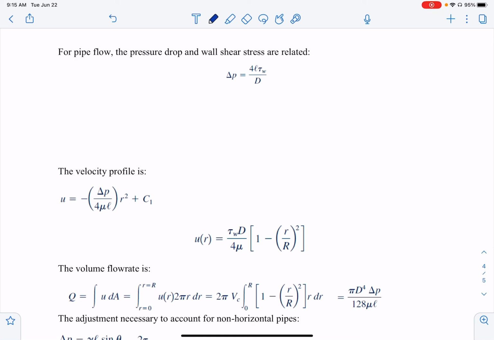So if we have del P over L equal to 2 times shear stress over R, right? So this is what we have from